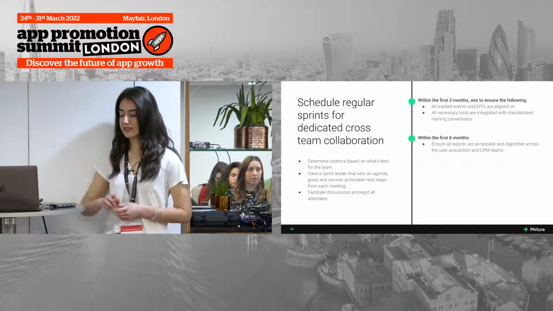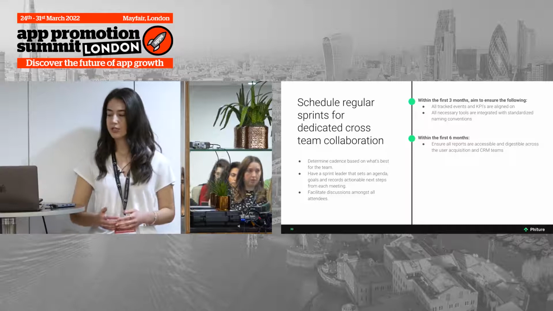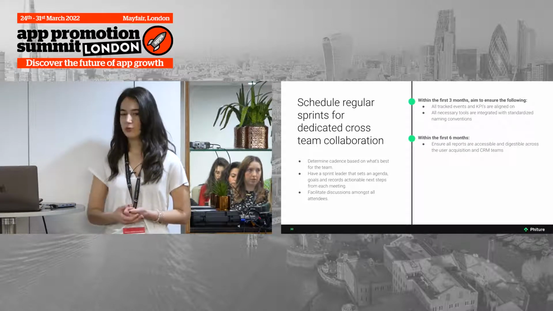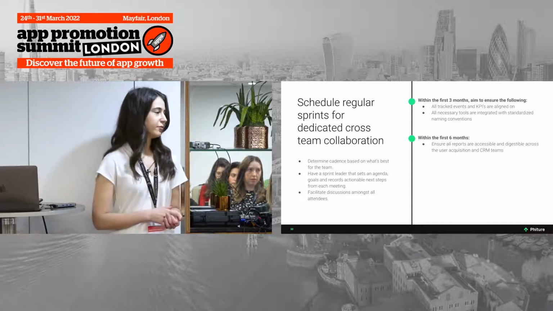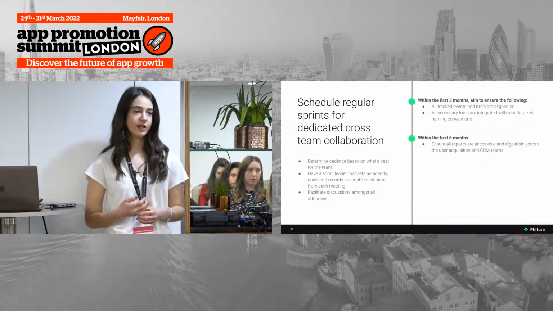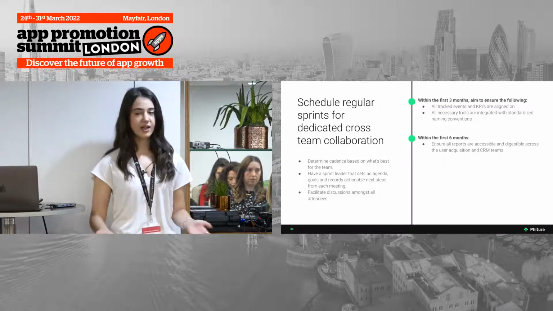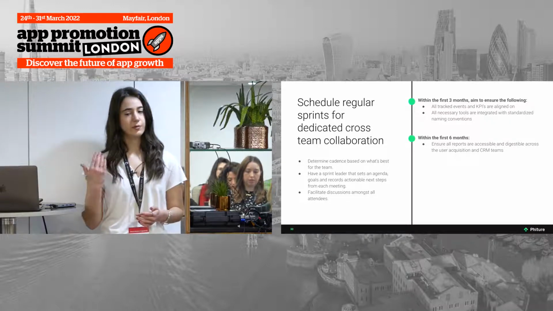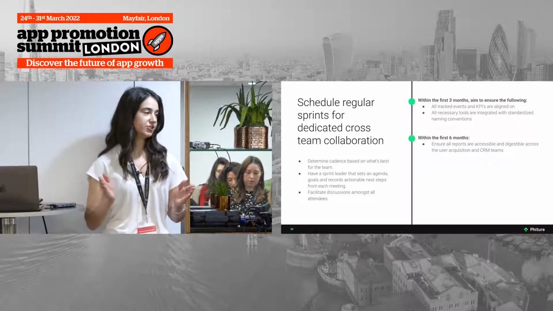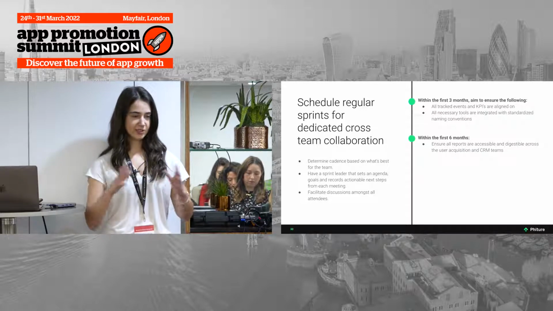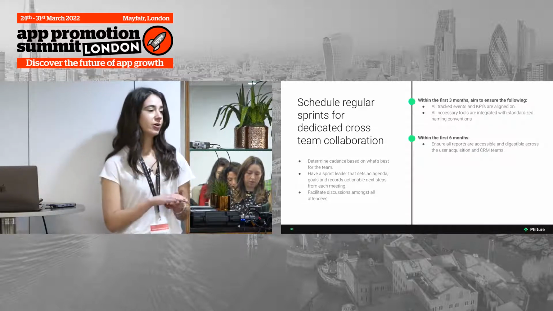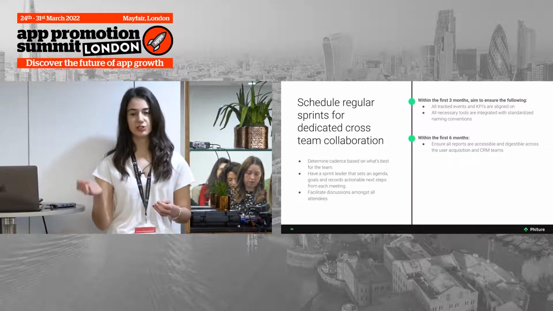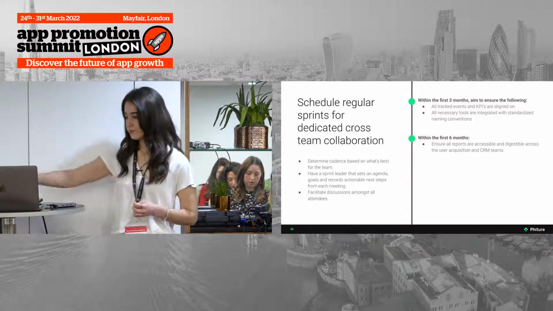And then within the first 6 months, you have your data team support to build out reports that are accessible and understandable to all of the teams. So if your creative person wants to jump in and understand how the ads that they're designing are doing on Facebook or Google, then they're able to jump in and see, and maybe there's also some stitching in with retention rates. So again, it bridges the gap between knowing whether this creative is just meeting a certain CPI or CPA, but is it actually bringing people back in?